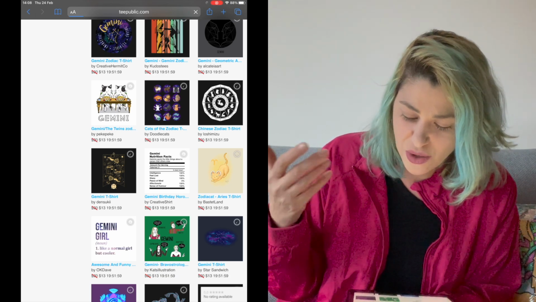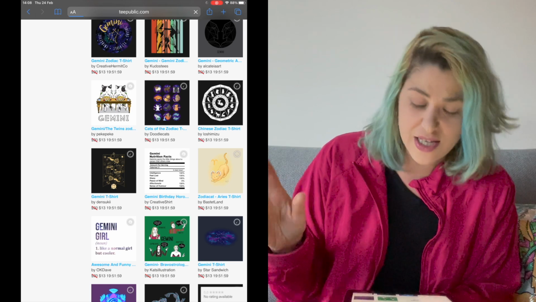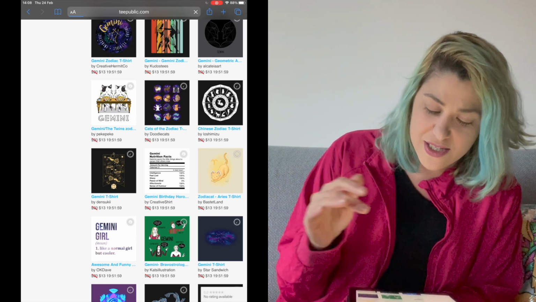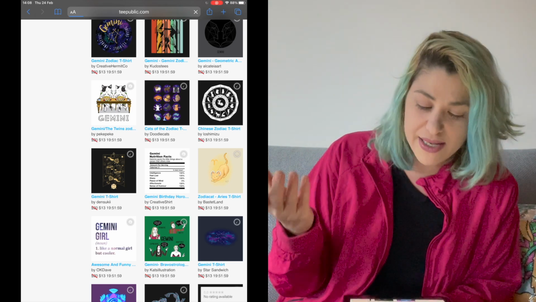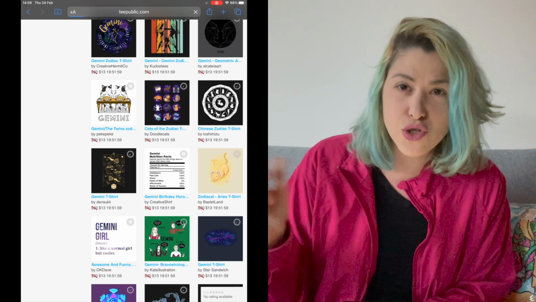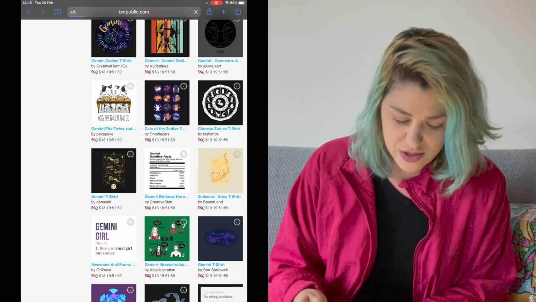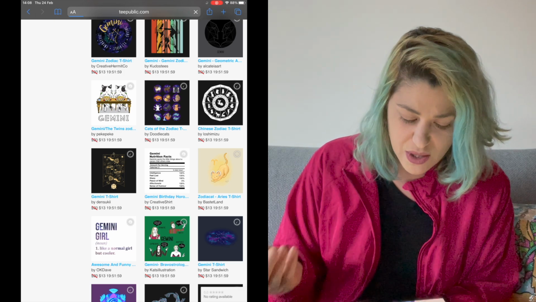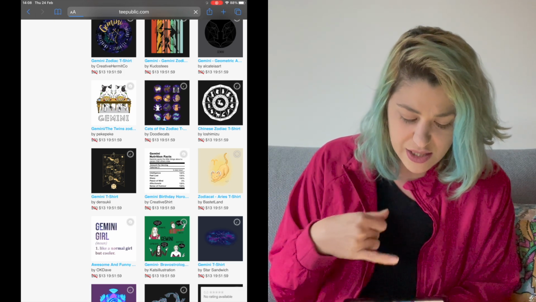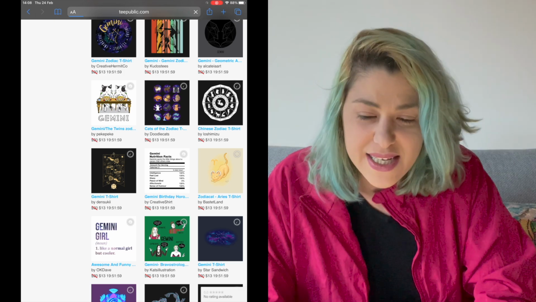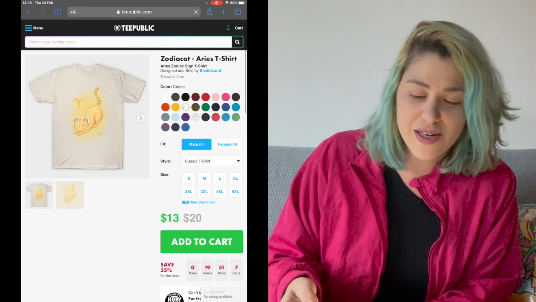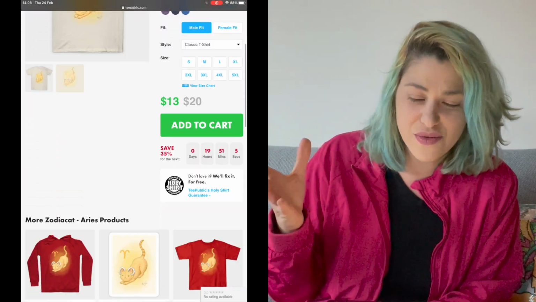We have the Zodiac Cat Aries t-shirt. And this appeared because it's the Zodiac cat. Someone just combined the words together and decided about Zodiac cats. So these are Zodiac cats, and it's kind of cool. We also have the Gemini girl here, if you can see, like a normal girl, but cooler. In any case, I went into our little Zodiac cat, Zodiac